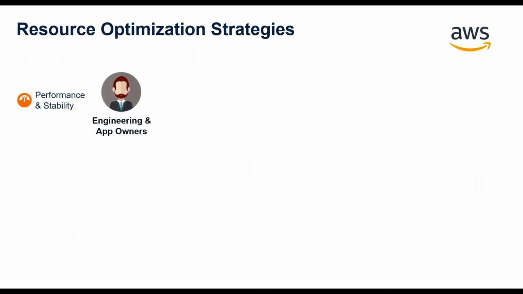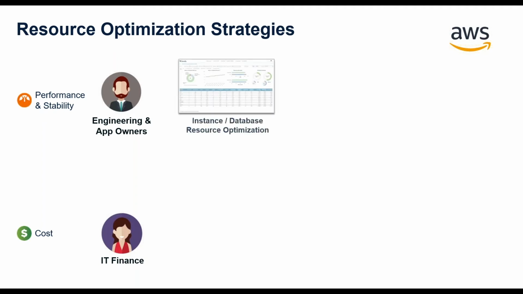Very important to understand that we are driving cost savings, but what we are looking at is to ensure that we're balancing the needs of the engineering application owners who are looking at performance and stability with the needs of IT finance. So it's not driving all our recommendations purely based on what is the cheapest. What we're primarily aiming for is making sure the environment is stable. The performance of the applications is key, and that the environment is stable. That's the only way that you'll get app owners to agree to changes, if they believe the answers are going to make sure that the environment is stable and their applications are performing.